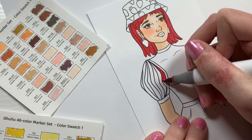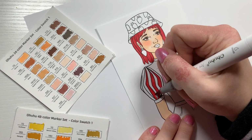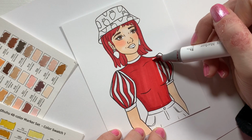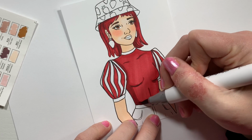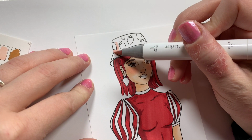And then I decided to make the shirt stripes red and white, just like in her original picture, but this time just on the puff sleeves. And I also made her main shirt color red as well, to keep again with the theme of Strawberry Shortcake. I decided to add in a couple of shadows and shading to the coloring to make it a little more in my style. And then it was time to work on the bucket hat, which I wanted to make pink